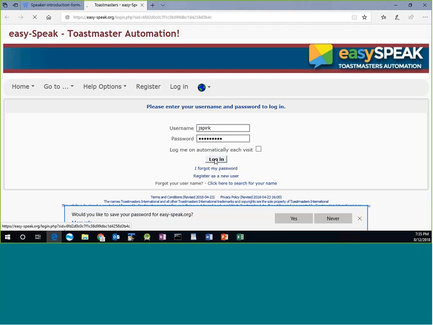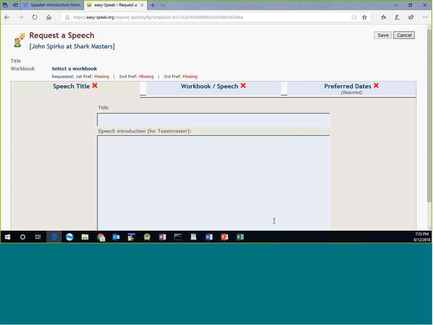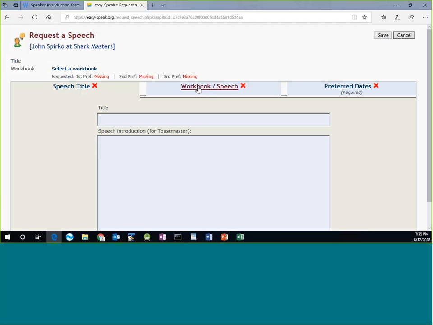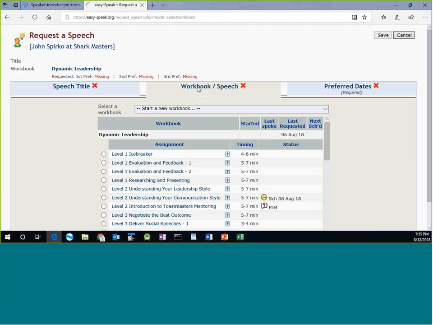Now I'll log in and store my password. Now, what's going to bring up is your request to speech link. And what it's going to have to do here, what I said in the document that we're filling out, it says once you get into here, go to the workbook tab. So I'm going to go back to that request to speech, go to my workbook tab,